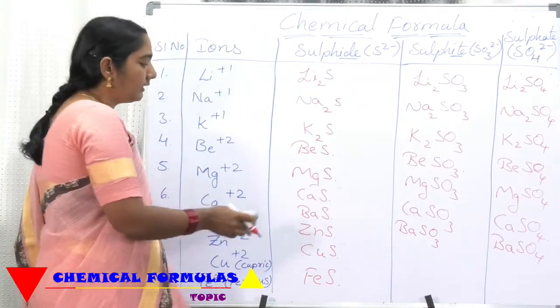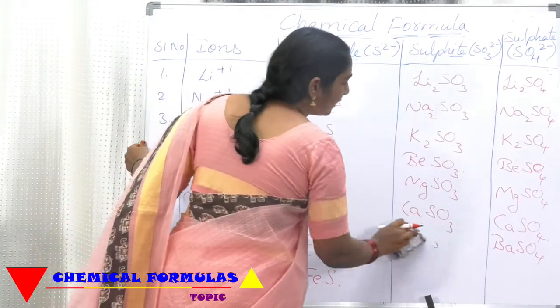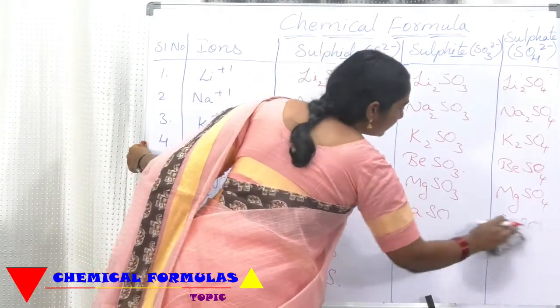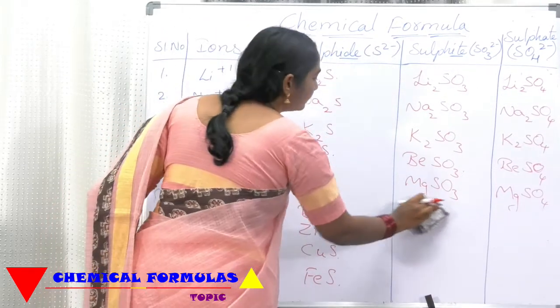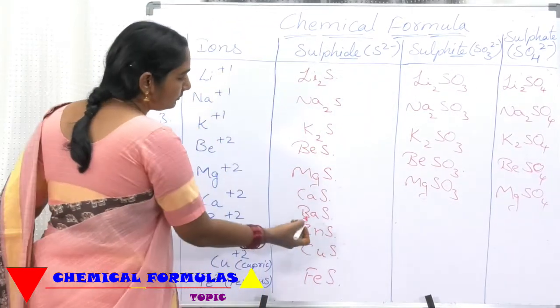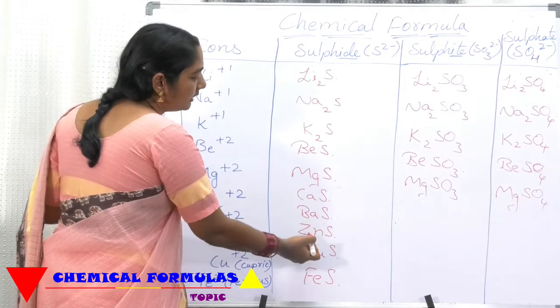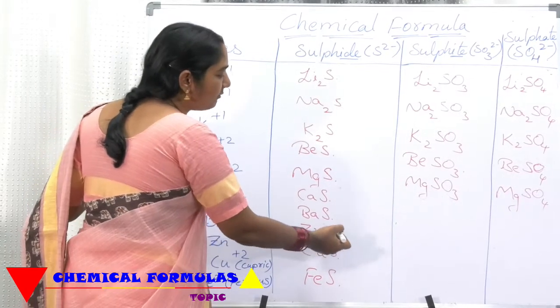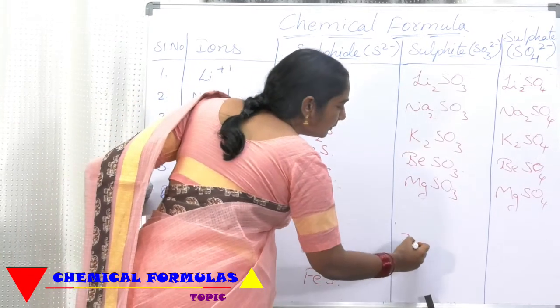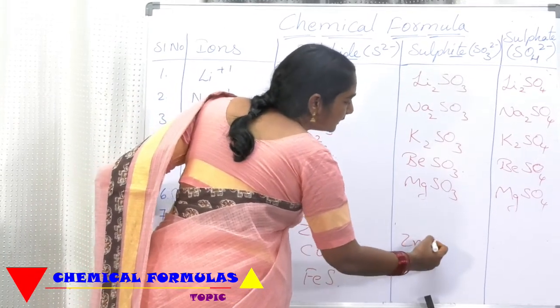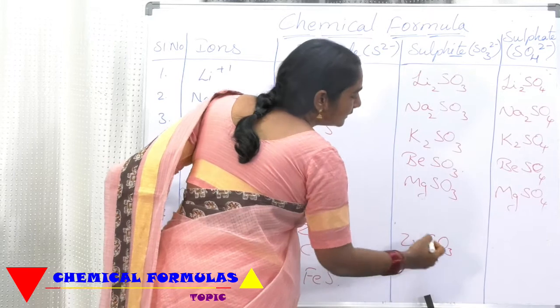Now, next zinc sulfide. See, I am trying to rub something because my space is not sufficient. You write neatly, my dear friends. Now, barium is finished. Zinc. Now, zinc sulfide already written. Zinc sulfide. Please write faster than me. Zinc sulfide, ZnSO3. Zinc sulfate,